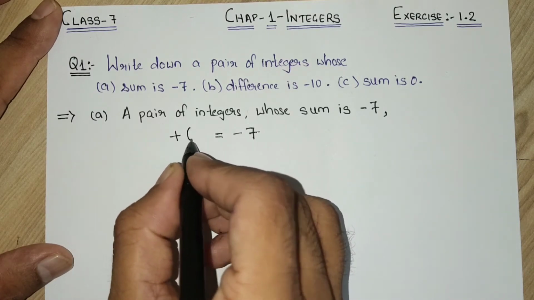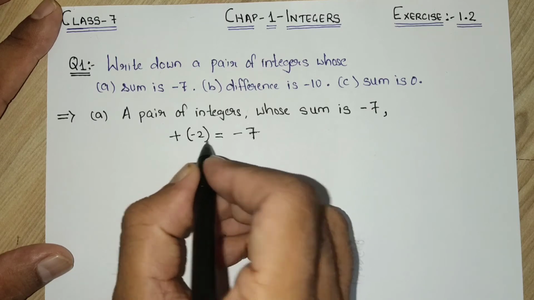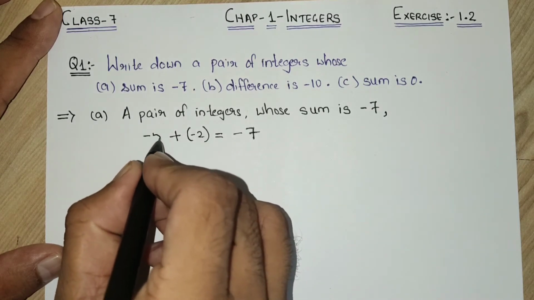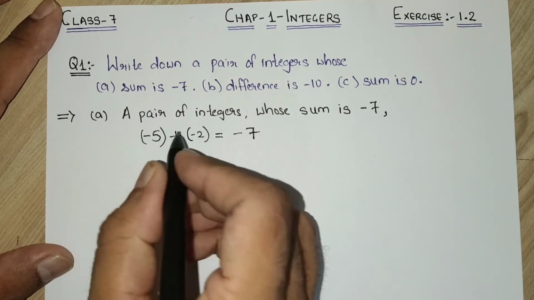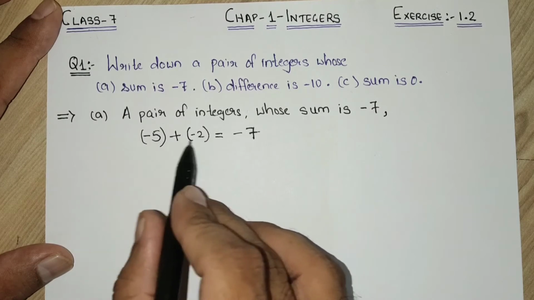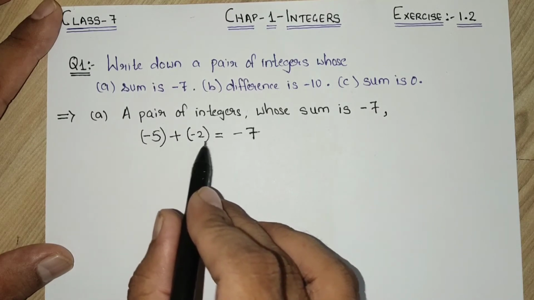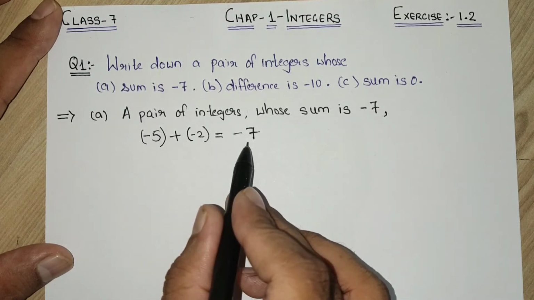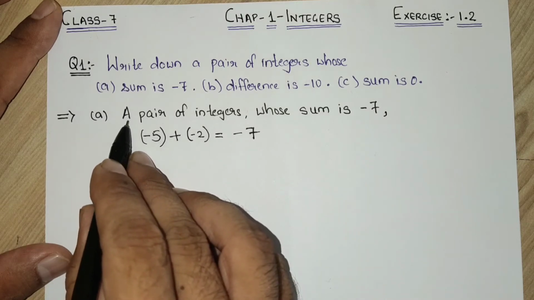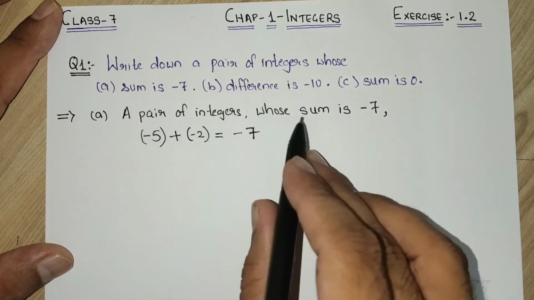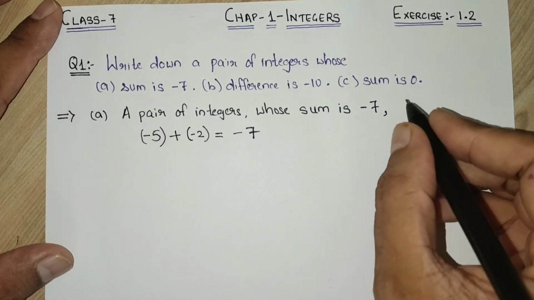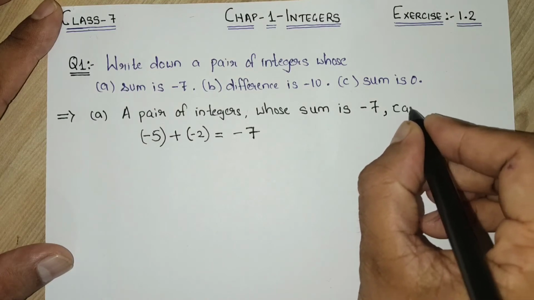One will be -2 and -5. Now look at the numbers. If I am adding -5 and -2, will I get -7? Yes, of course. So I can say that a pair of integers whose sum is -7 can be